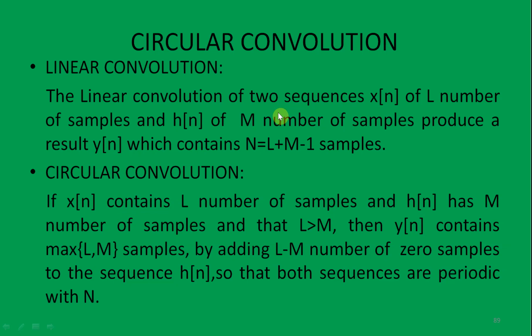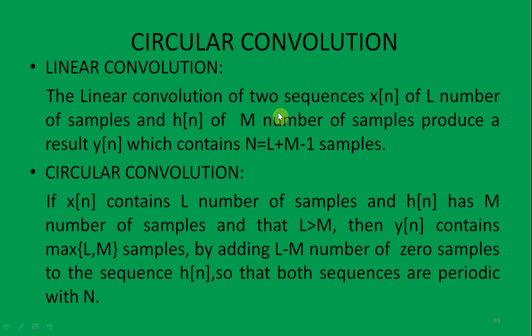So here y of n contains N number of samples, that is L plus M minus 1 samples. Whereas in circular convolution, if you consider x of n which has L number of samples and h of n which has M number of samples, then y of n contains a maximum of L comma M samples. If, for example, x of n has more samples compared with h of n, like L greater than M,